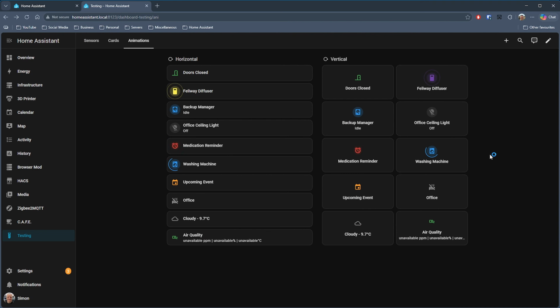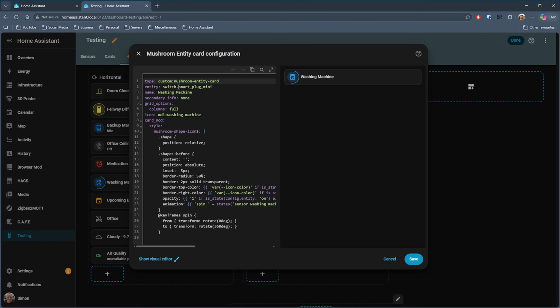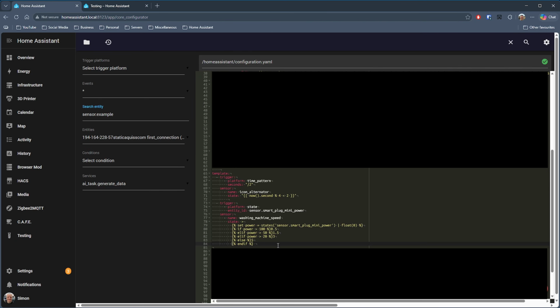Next, we've got one for something where you're able to determine the power draw. So in my example here, it's a washing machine on a smart plug, and with this you get a spinning circle around it that will get slower or faster according to the power draw. The YAML for this card is quite simple. You're just specifying the switch entity that the appliance is on, and then there's a sensor trigger in the configuration